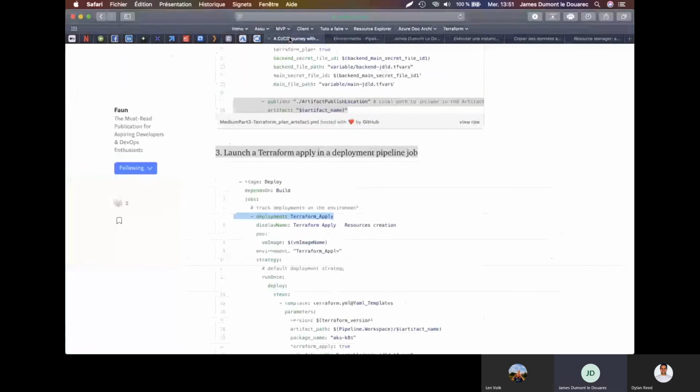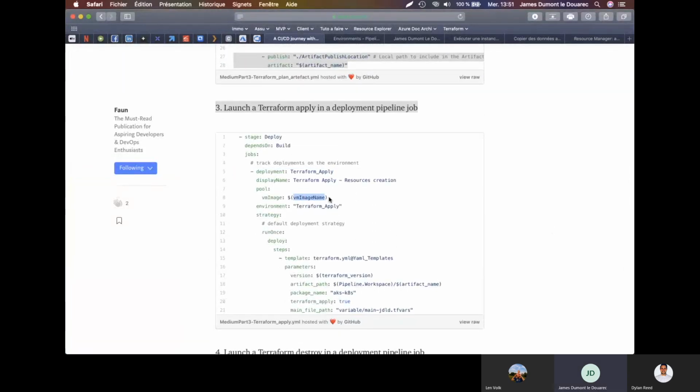Okay, so now if I go down, I'm going to take the same image. This is actually pretty important, not to change the version of the operating system, because as I mentioned earlier, when you do a Terraform init, it actually downloads the necessary binaries that you need to launch the Terraform commandlet in your operating system. And then, because we zip, we compressed the content of the Terraform location, you have the binaries for your operating system. So it is important to take the same operating system here.